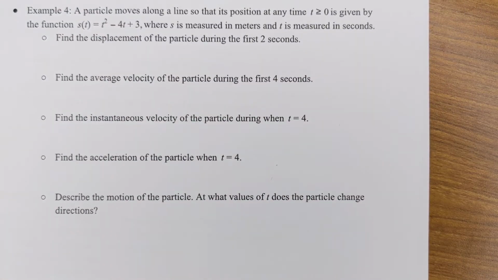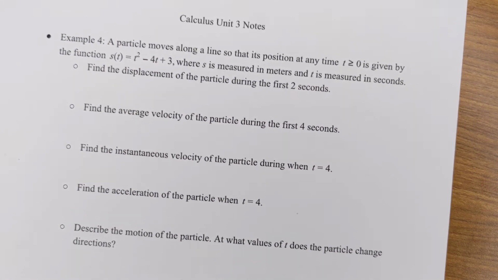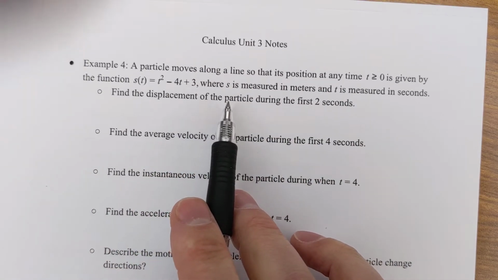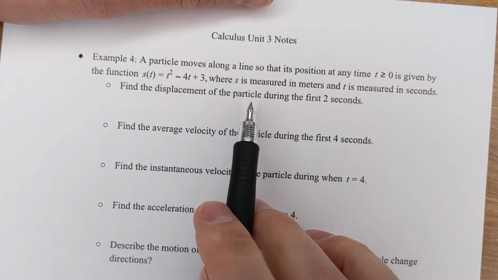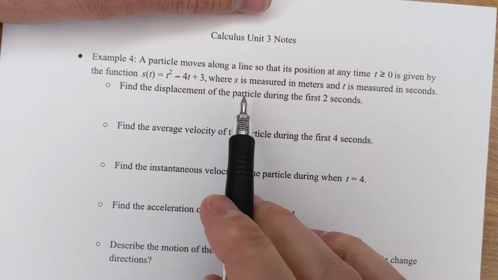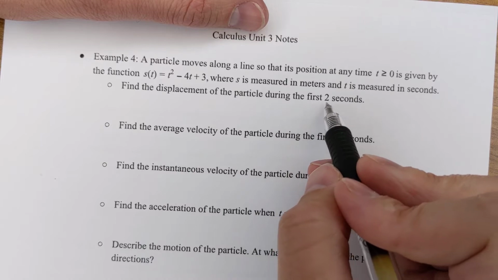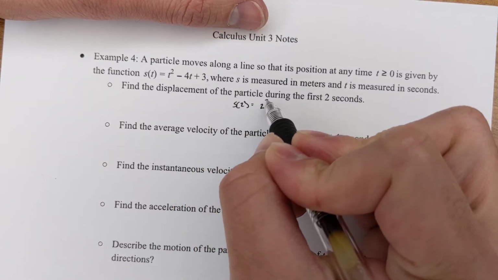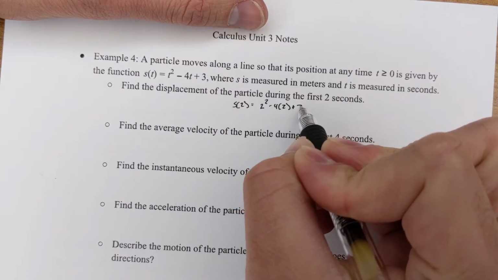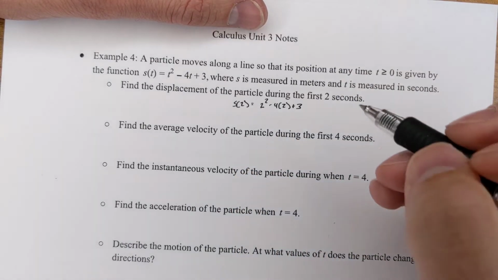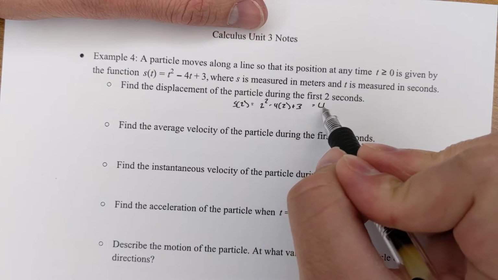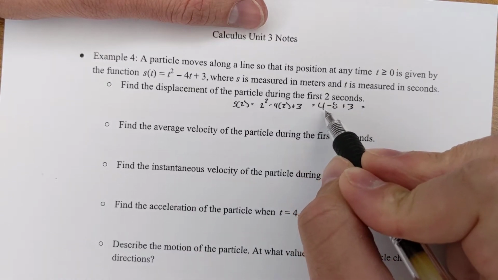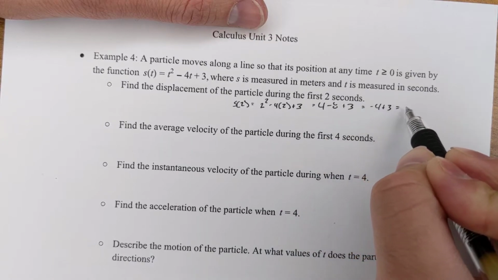Okay, so example 4, similar thing, you've got motion along a line, so its position is given by this equation. Find the displacement of the particle during the first 2 seconds. So I need to figure out where it is. So that's find s of 2. That's 2 squared minus 4 times 2 plus 3. So that is 4 minus 8 plus 3, which is negative 4 plus 3, so it is 1 unit left